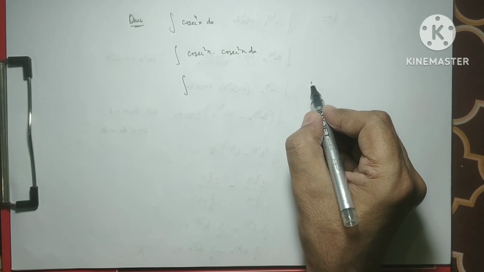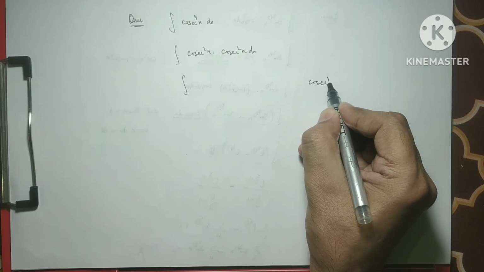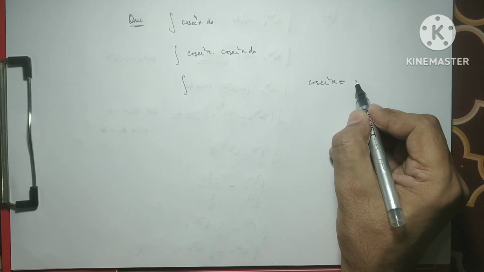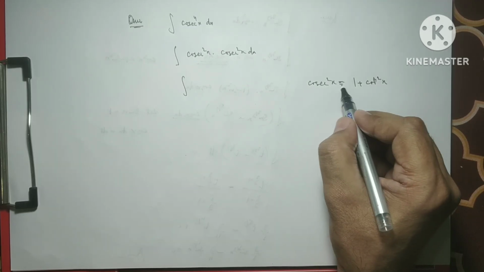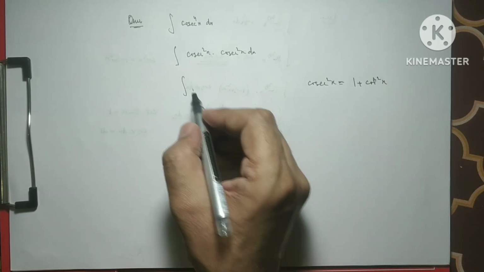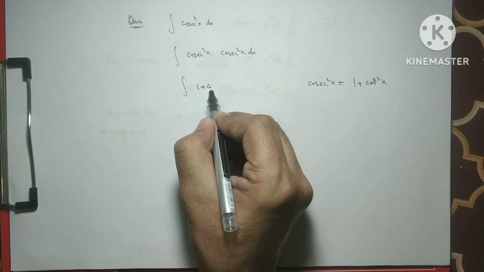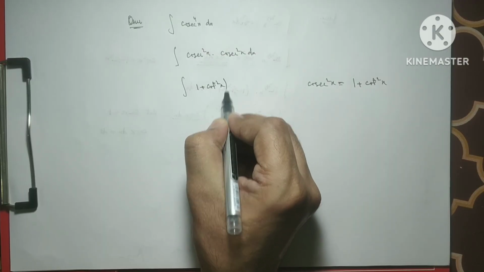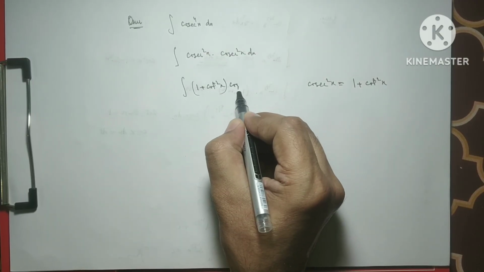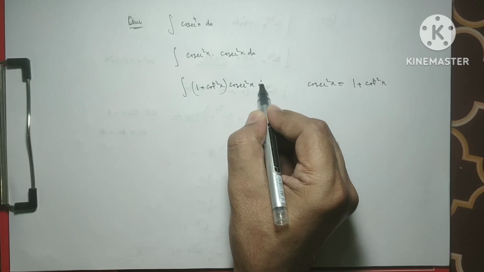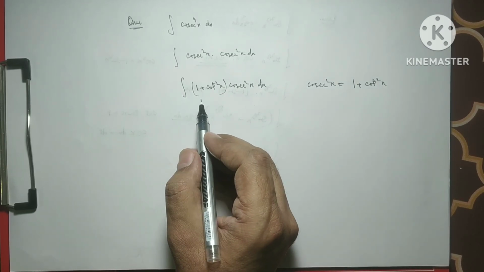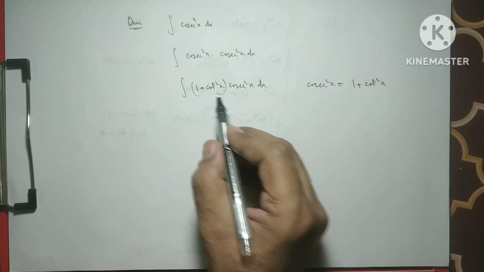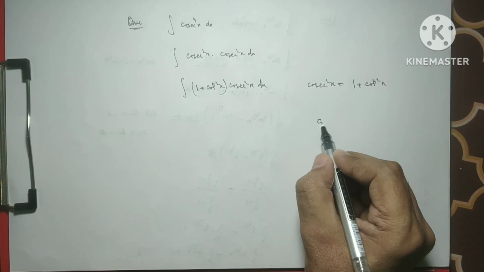and we know this cosec square x in terms of cot square. So cosec square x equals 1 plus cot square x. We substitute this, and right now we have this expression, and in this case we will substitute cot x as t,